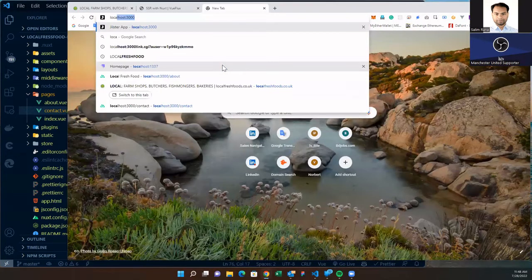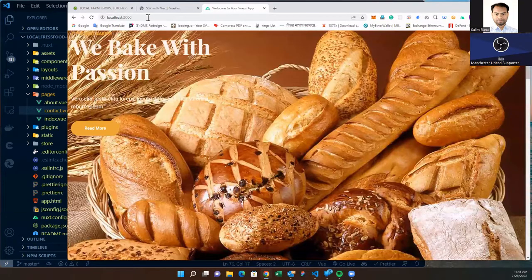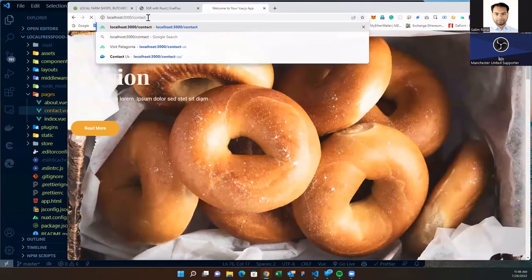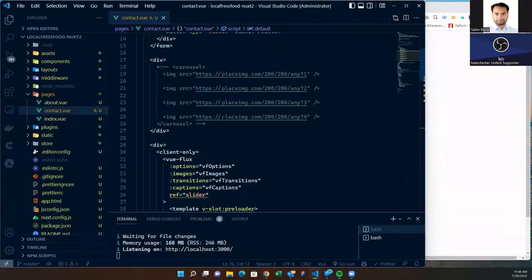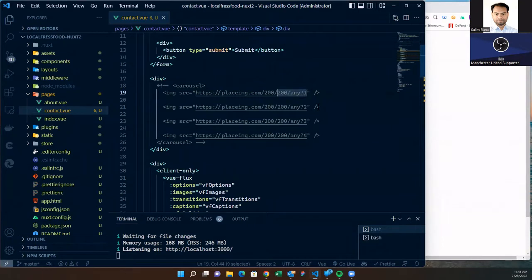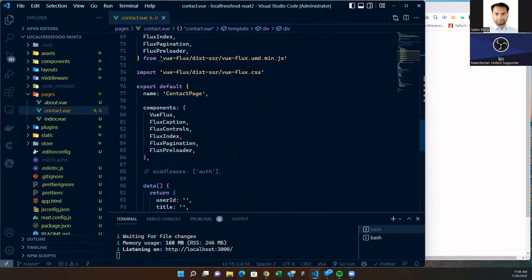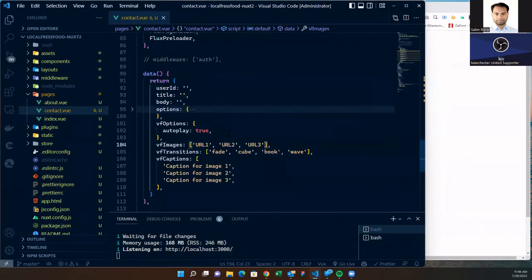We have to go to localhost first. So we have in localhost one slider and then contact, and we have the slider already available, as you can see. But we don't have any images. That is simple, isn't it? Yeah, that's really simple. So what we will do is grab some images from this example, placeholder image 200 by 200 and then any. So here we will replace this URL with this one and this one,